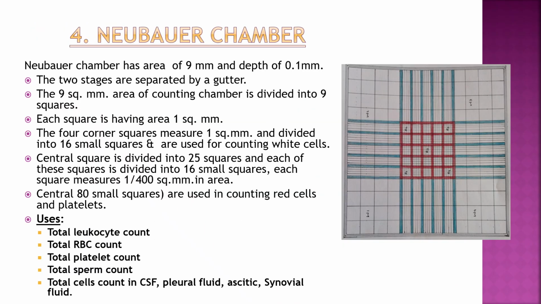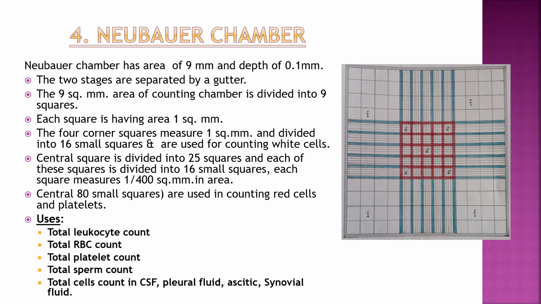Fourth thing is Neubauer's chamber. It is also called as counting chamber. So it has area of 9 mm and depth of 0.1 mm. It has two stages separated by a gutter, that is a space. So 9 square millimeter area of counting chamber is divided into 9 squares, that is 1 square is 1 square